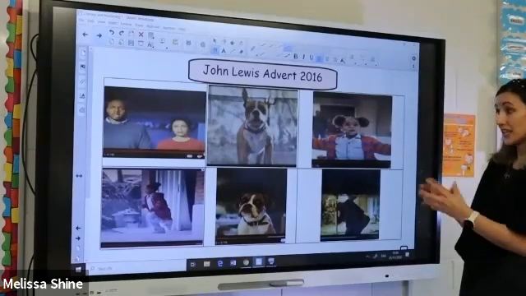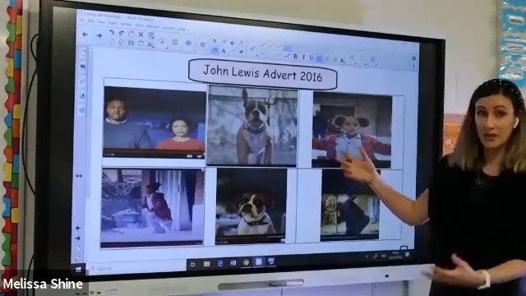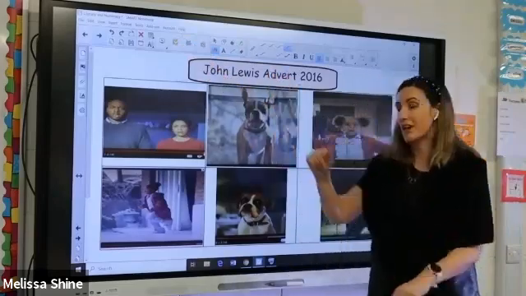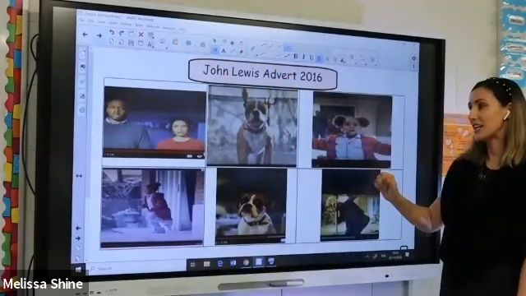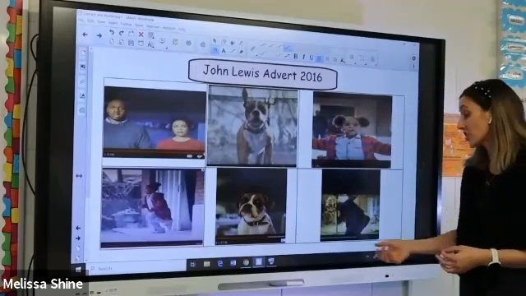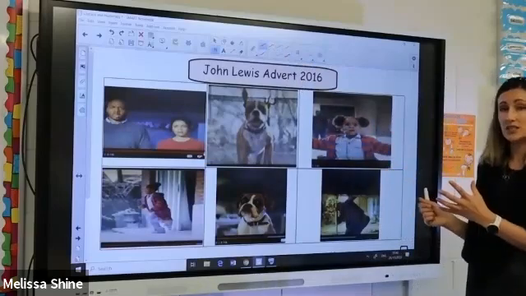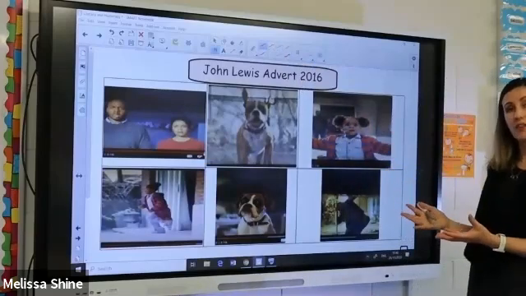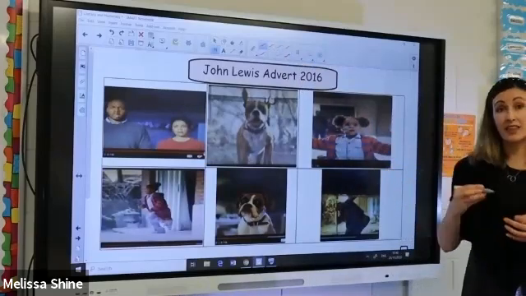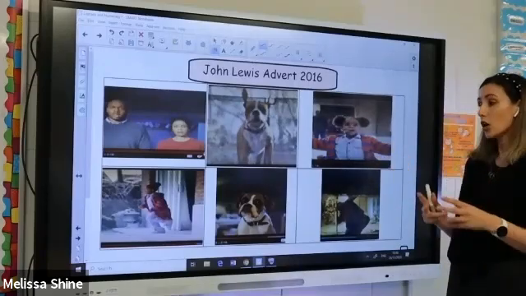So the kids will be given this sheet, and I actually just threw the images into a table. Again, my old buddy, the table that I'm mad about using. So what you do here is throw in your images, and before the children have even seen the advert, I would get them to come up and maybe order them for me. So sequence them. What do you think is going to happen first in the advert? And then I might write up their suggestions and get them to do it on their sheet, cut them out,